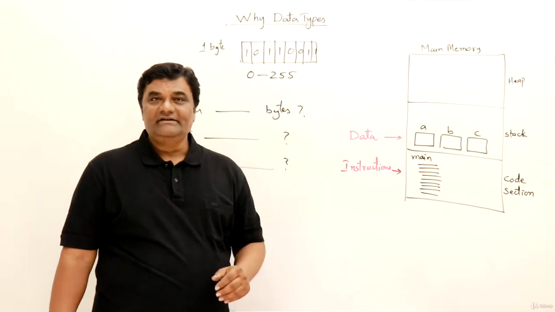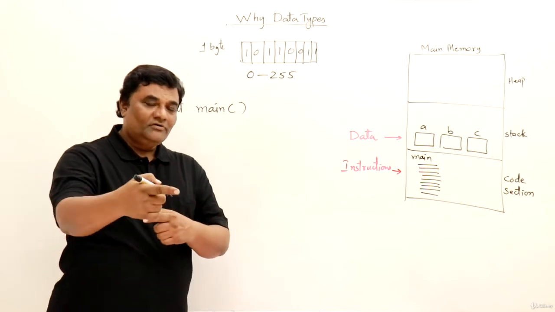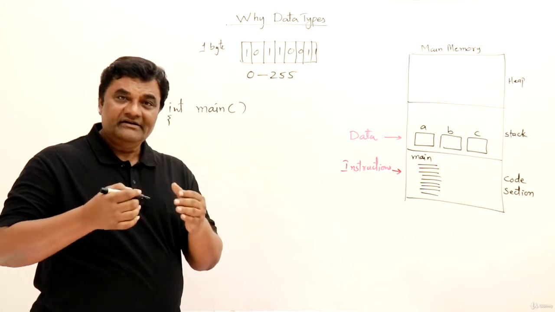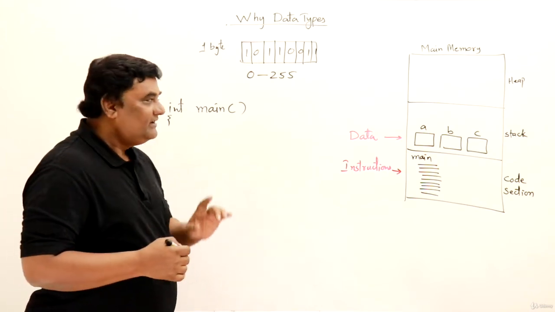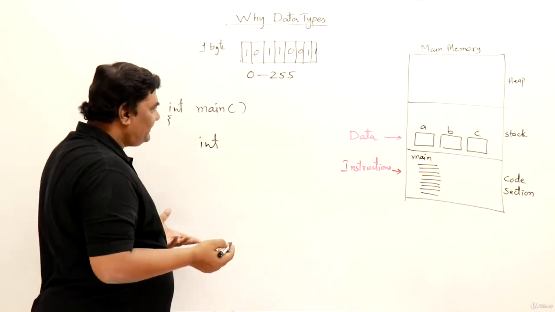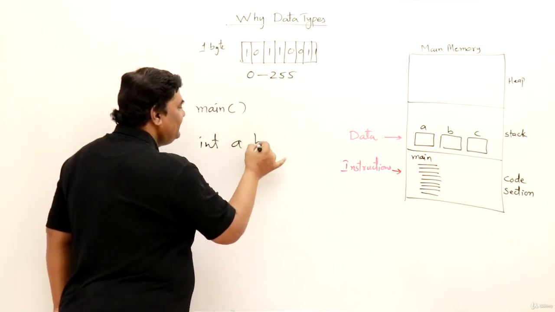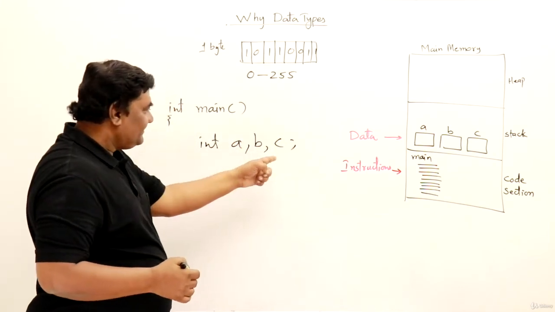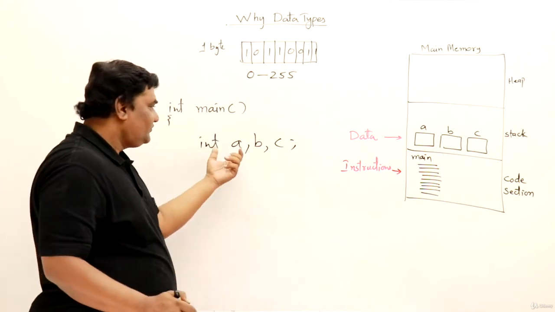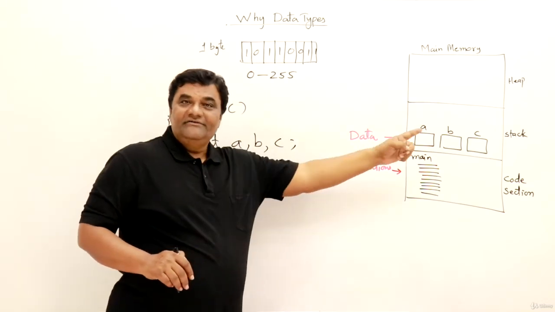Now the next important thing is variable. I will discuss a little bit about variables. Once we learn about the data types in the coming videos, then later on we will learn how to take data or store data in the program. Suppose I want integer type data. I will say integer. Then where do you store data? For that we declare variables. Say that I want A, B, C. I'll get 3 variables depending on the number of bytes taken by integer. If integer is taking 2 bytes, then I get 2 bytes for each. And if they are taking 4 bytes, I'll get 4 bytes for each. So I'll get the variables like this.